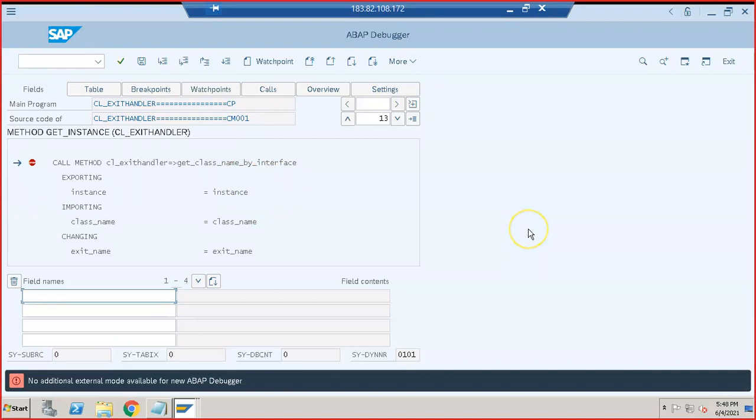No matter which SAP standard transaction you run, you will come to this level, and we have the exit name. Double click on it, and you can see the exit name.